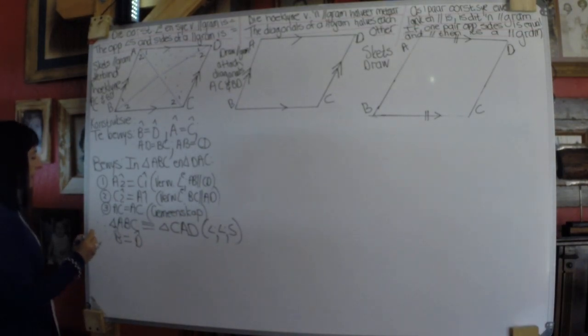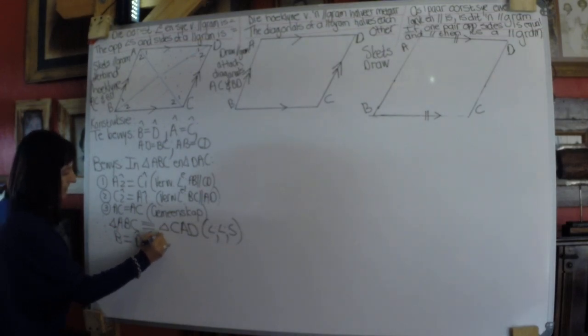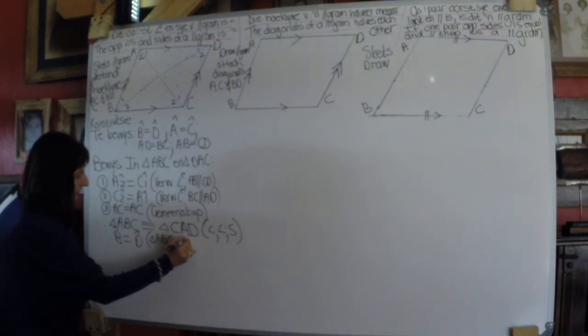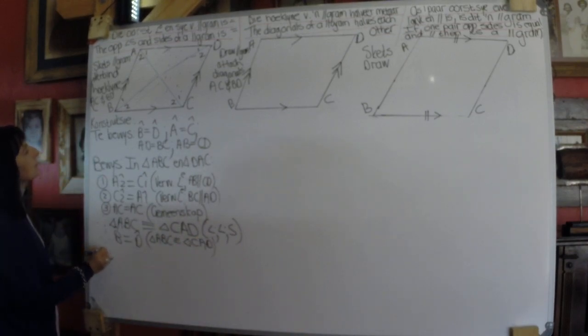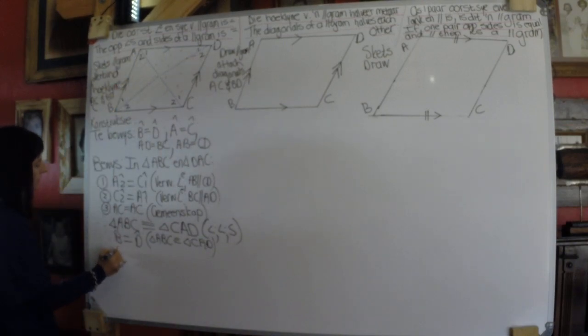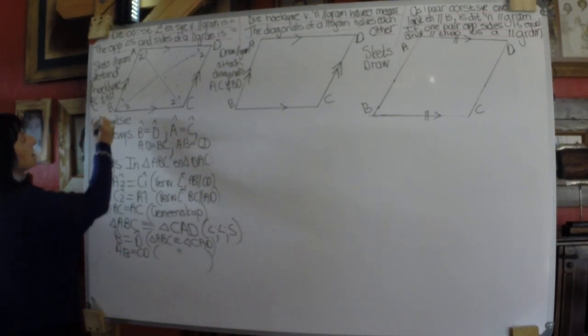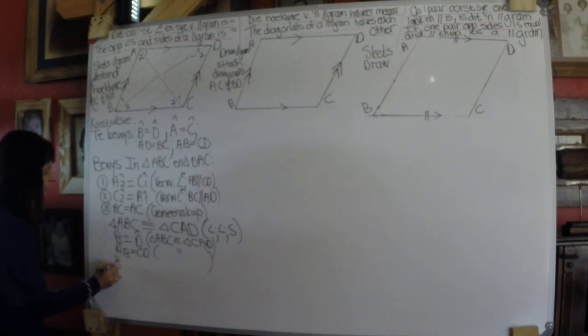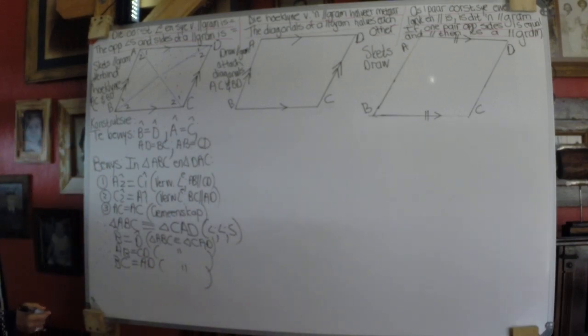Okay, and because triangle ABC is congruent to triangle CAD, the next thing I can say is that AB equals CD. Same reason. And the next thing that I can say, BC is dan ook gelyk aan AD, om dieselfde rede. And then I can say,